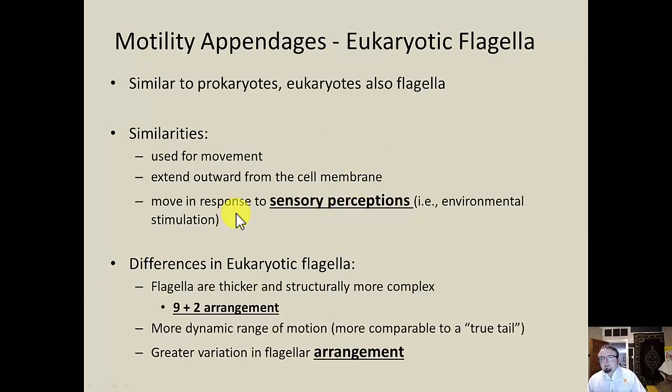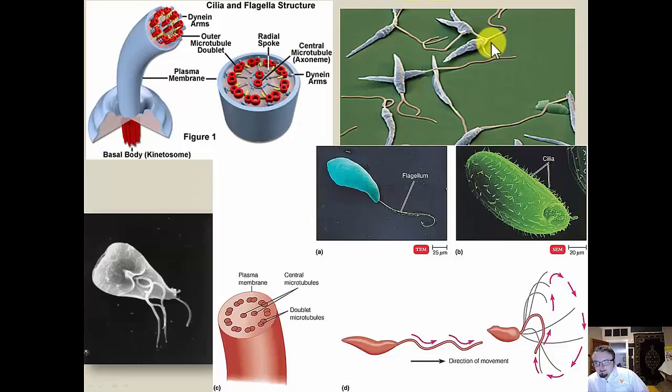Next thing, we want to talk a little bit about the motility appendages for eukaryotes in terms of their extensions from the cell. In chapter 4, we talked about the flagella and the fimbriae. We also talked about, I misspoke, just the flagella for motility. Bacteria have only flagella for a motility feature. In eukaryotes, we see a very similar structure. Actually, it's very different structurally, but similar functionally, I should say. It's actually called the same thing. So we have a tail-like structure here that is very similar to that of a prokaryote in function.